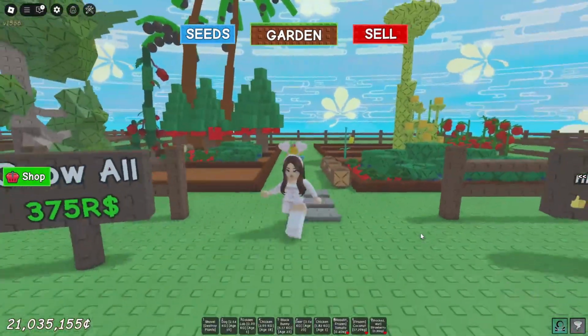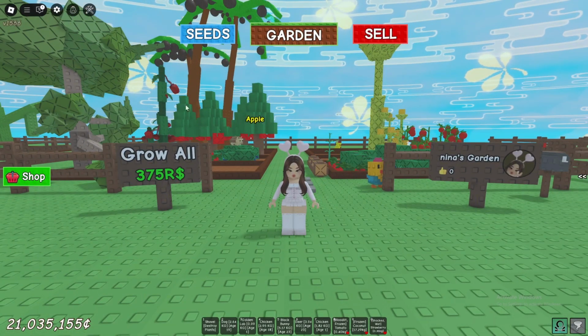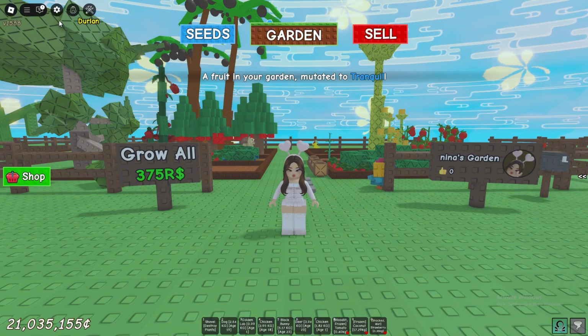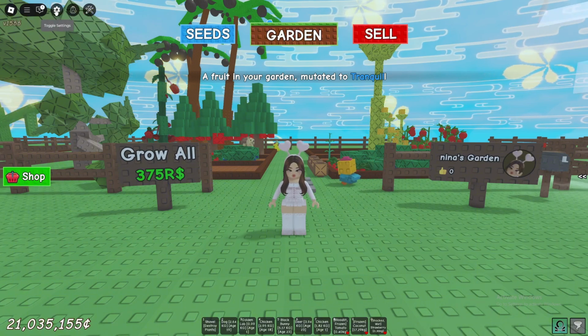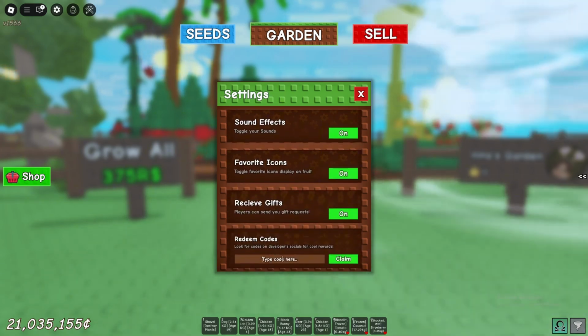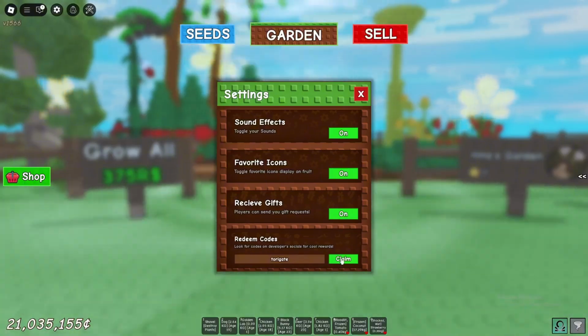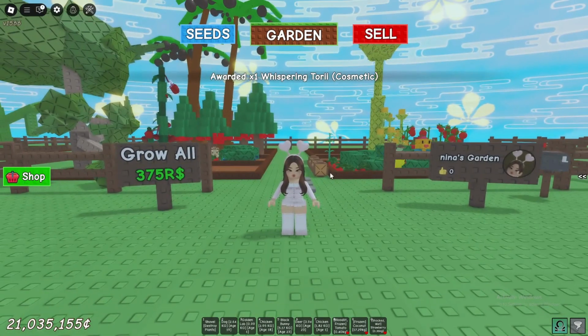In this video, I'll be showing you guys how you can get the Whispering Torii cosmetic on Grow a Garden. So to redeem the code, go to toggle settings here. If you're up here, scroll down and select redeem codes. And the code is Torigate, like this. Select claim, and as you can see, you'll have